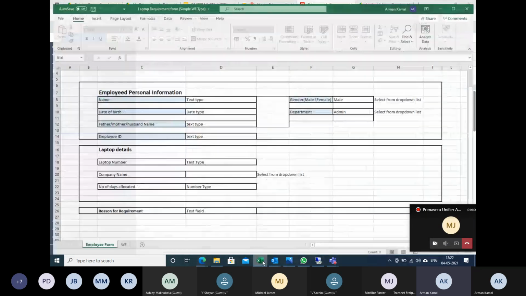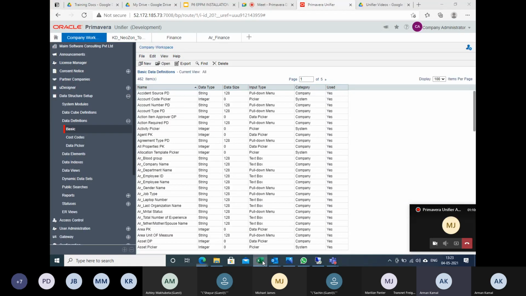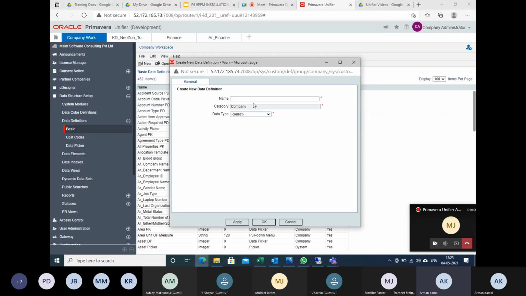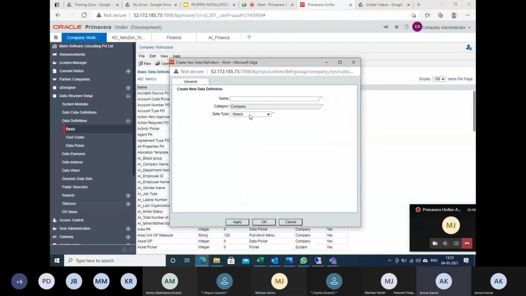Now what is the other field required? Number of days allocated. I'm going to create. Aman, yeah, tell me. Just a question about the data type: why have you selected string for all of them? Can you explain that to me? Yes. There are different types, since it is a text type.